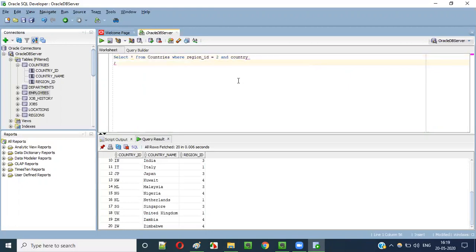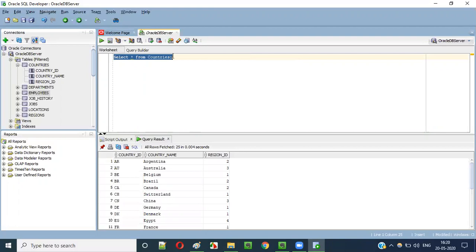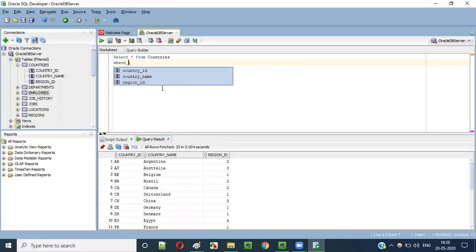Let me first run this statement, guys. Select star from countries so that we'll get the exact data. Now we can apply the conditions. We can break this SQL statement into multiple lines. Select star from countries where region underscore ID is equal to 2, and operator, two conditions.